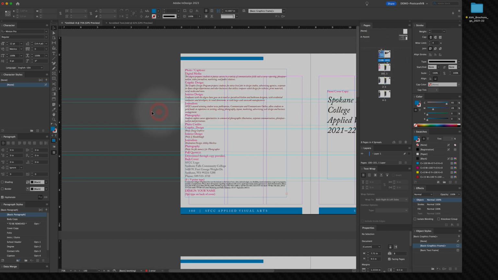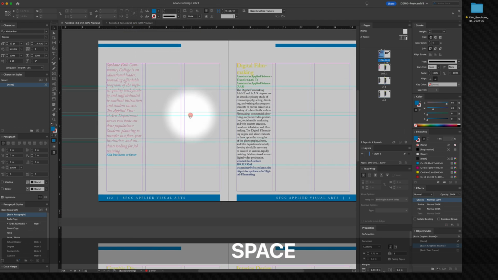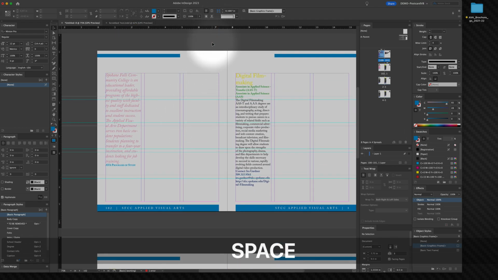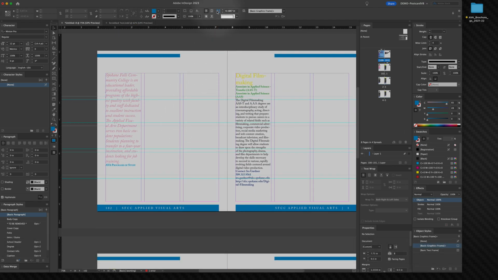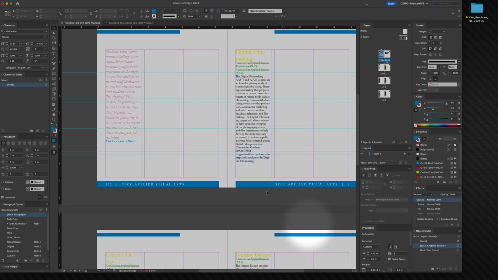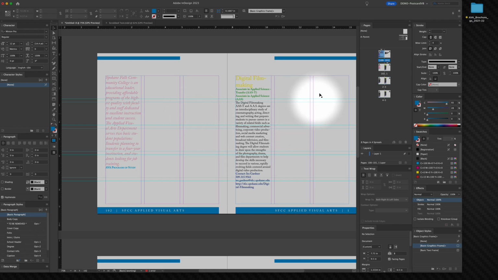Let's go back and look at our pages. We got the folio dropped in there with page numbers. You can see this is a little strange. This page is going to be different than the other ones because it is the inside front cover. It says page 102. We don't need to have these things on this page. Those apply more for this other page. So what I might do in a case like this